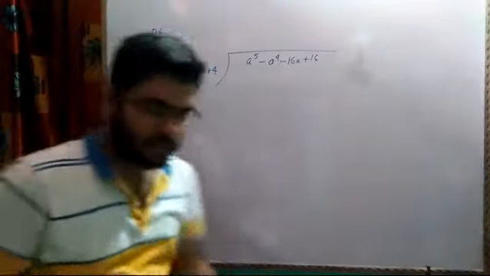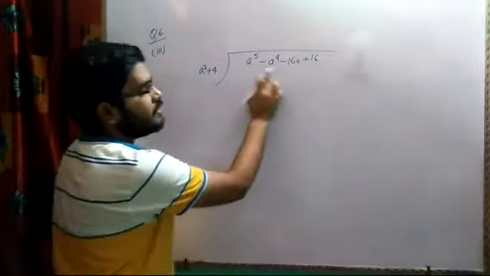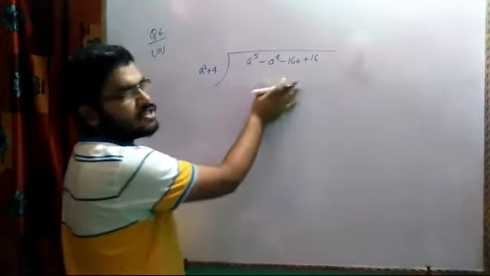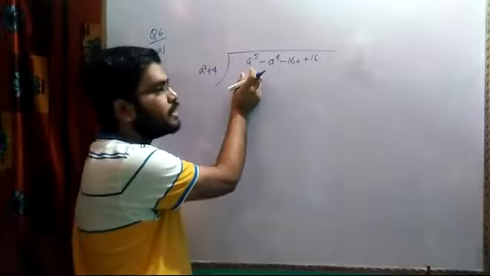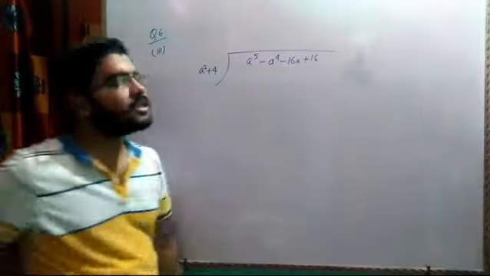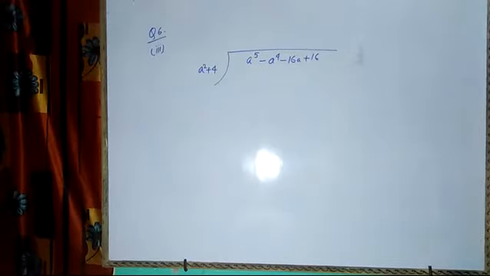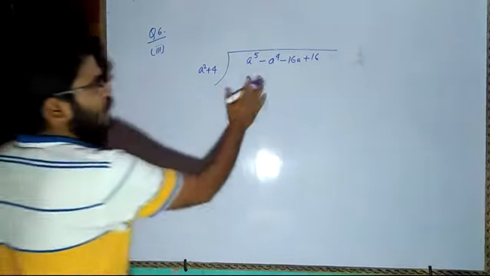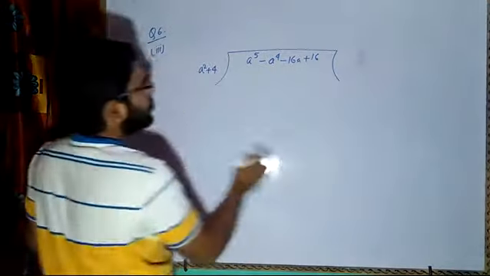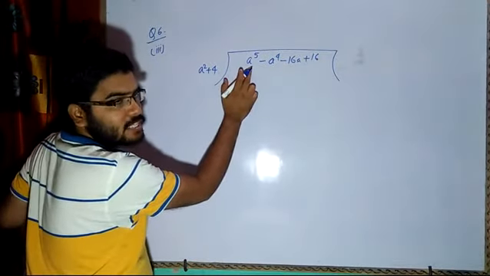Now in some of the questions they may give this term in disarranged form. That means a raised power 4 will be written, then a raised power 3 will be written, a raised power 16 will be written, and so on. So when we have to divide this, what can we do? a square, we want a raised power 5.